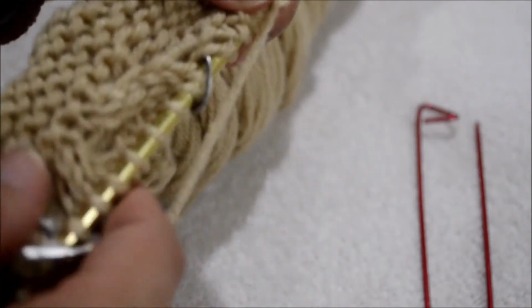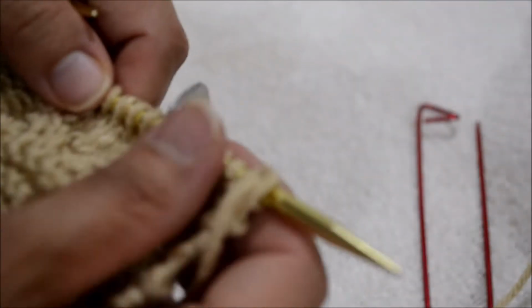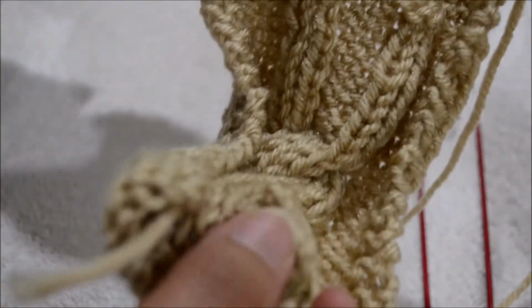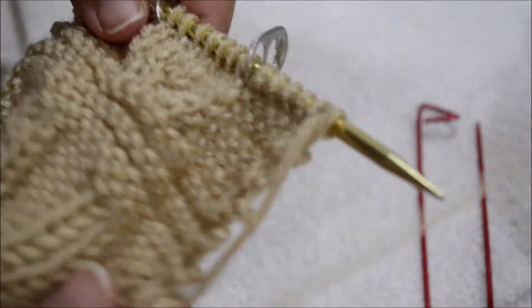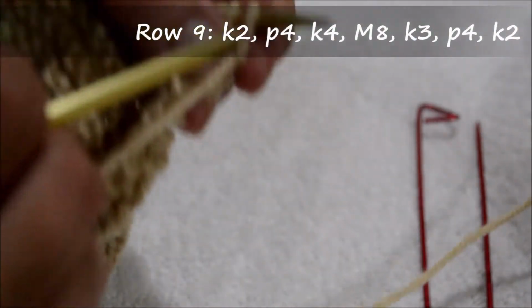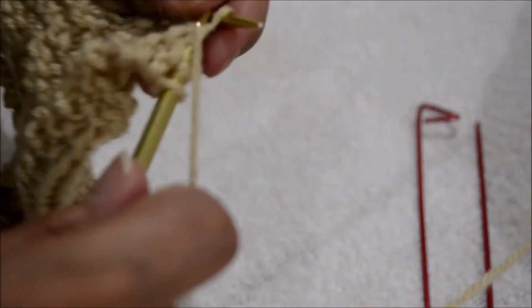And again, the back side is repeating knit, purl, and knit. So this is now row 9, and this is where we're going to introduce this particular tail. So to get to that, we are going to knit 2 and purl 4,